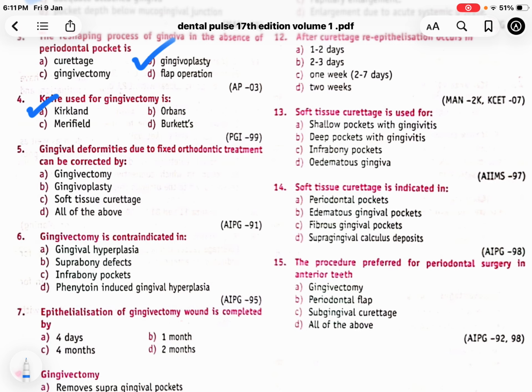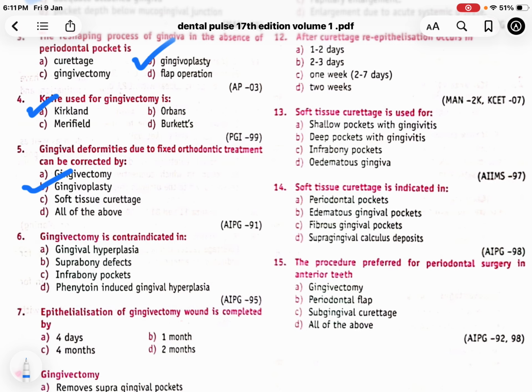Now next, fifth, gingival deformities due to fixed orthodontic treatment can be corrected by... So if you want to correct the deformities only, the gingival deformity, you have to do gingivoplasty. Okay. Gingivoplasty, I already told you, it's the reshaping of the gingiva to create physiological gingival contour in the absence of pockets. Now question number 6, gingivectomy is contraindicated in...